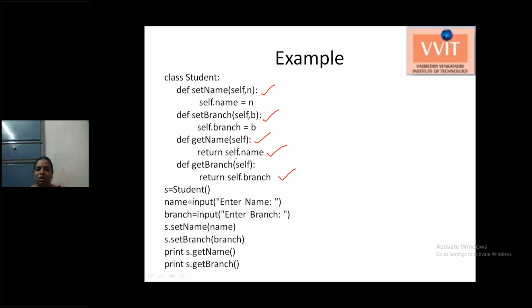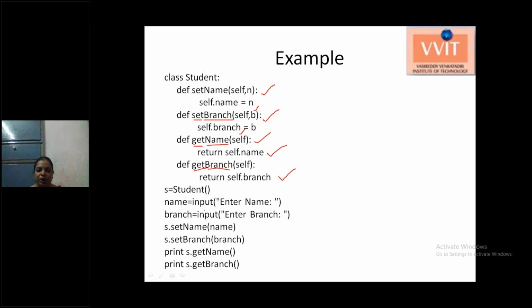These methods are especially useful whenever the variables are private variables. This example uses public variables, but actually these are useful only with private variables. So like this you can write get and the variable name, and for the set method also set and the variable name. The set method has self and another variable for assigning a value. And get methods have only the self parameter. There are no other extra parameters for the get method.